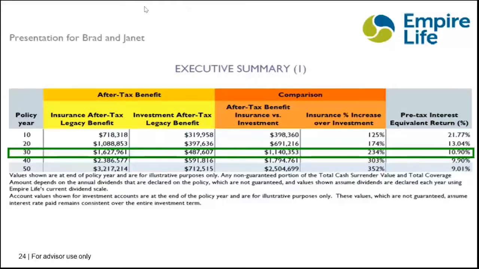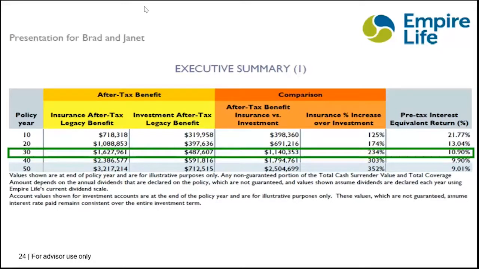Now, this screenshot of the AdCalc executive summary shows the results of the corporate legacy builder strategy at 10-year intervals. There is also a detail page in behind this that has every year up to age 100. The key driver for this concept is the increase in the after-tax payout that can be achieved from the corporation to the estate. In this example, the results indicate a dramatic improvement in estate values for the insurance solution